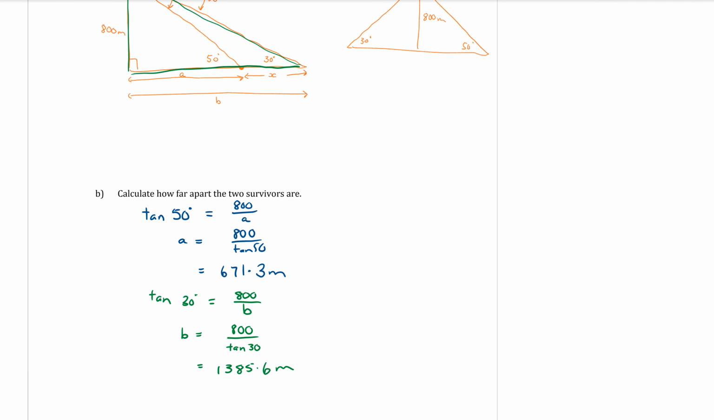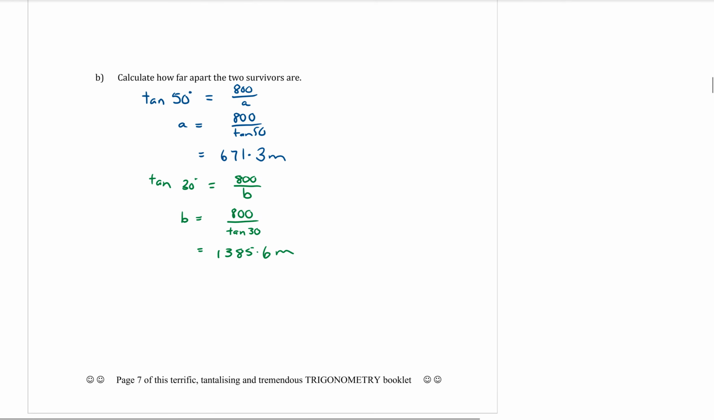Okay, so using my diagram, if I want to find the X, the distance between my two survivors, I would subtract the 1385.6 minus 671.3. So let's write that down. Therefore, the distance between the survivors equals